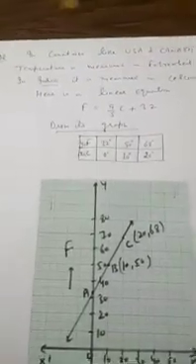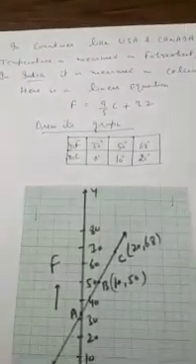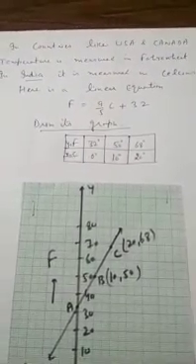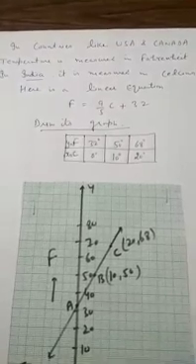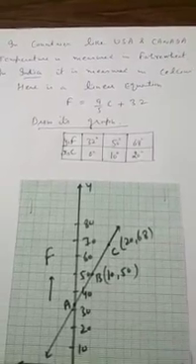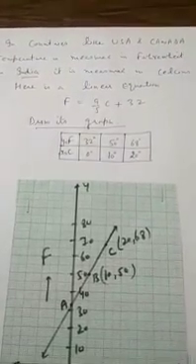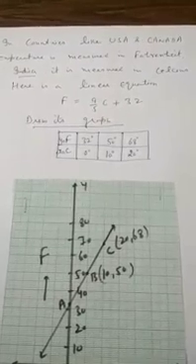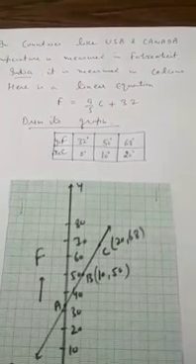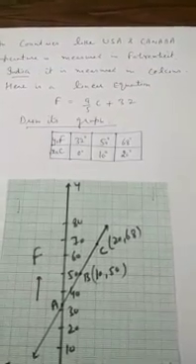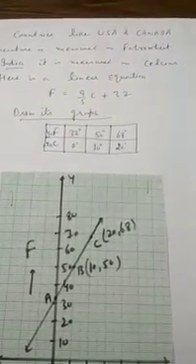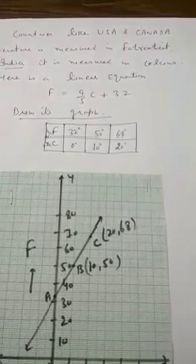Next question from this exercise. In countries like USA and Canada, temperature is measured in Fahrenheit, and in India it is measured on the Celsius scale. What is the relation between F and C? F for Fahrenheit and C for Celsius. The relation is F is 9/5 C plus 32. So C will be shown as X and F will be shown as Y. We will show Y is equal to F and X is equal to C.